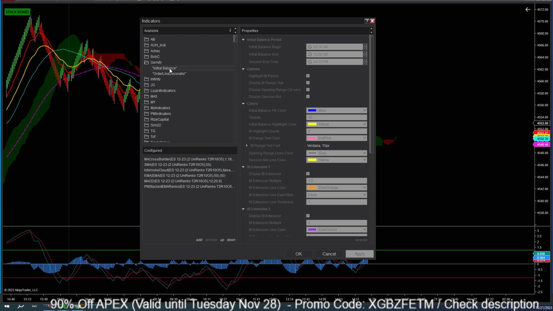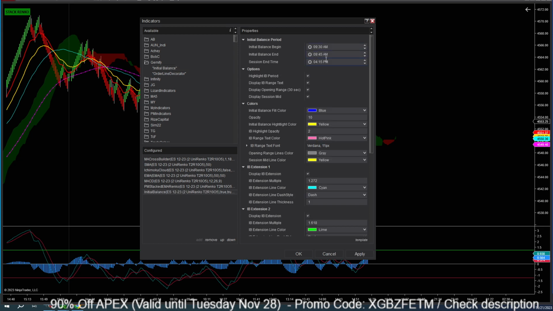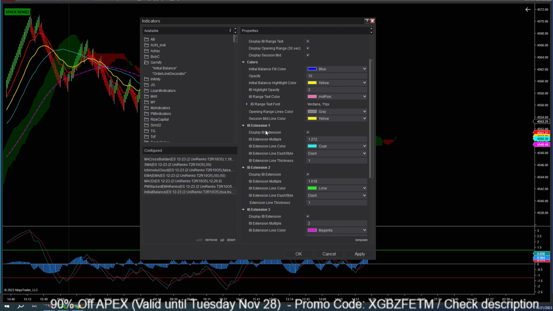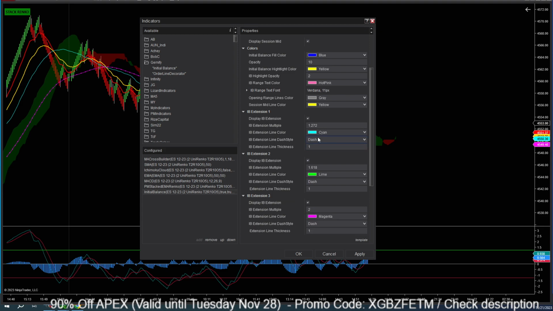Where is this initial balance? Okay, so I put there the 15 minutes opening range, and sometimes I move it to the 30 minutes opening range instead of 9:30. You can also choose 10 a.m., and that is going to give you the initial box, and also some projections or extensions. What I have here is extension 1, 2, and 3, and these are Fibonacci level extensions off of the opening range. So from the initial balance, you have 1.272 and 1.618, and then the third one would be